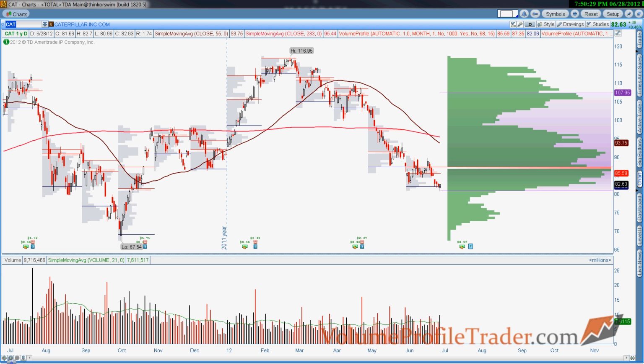So I pull up something like Caterpillar, value area low for the year. Only one other time on this chart has price gone below this level. And you can see at that time it was a great buying opportunity for pretty much a double. And with the volume that we saw today, you can see Caterpillar wasn't up a lot today, but had a nice volume day right at what should be support. There's no reason why Caterpillar can't bounce